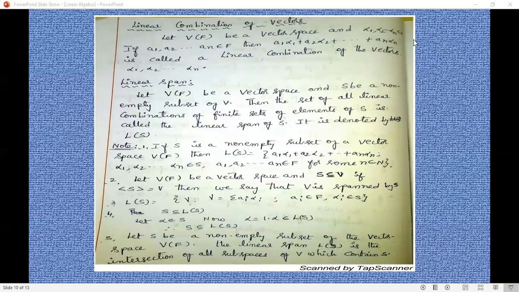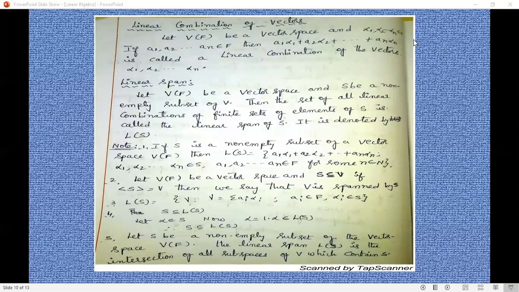For some n belongs to N, this type of linear combination belongs to L of S. No need to write only a1, a2, so on an, or alpha 1, alpha 2, so on alpha n. We are changing the variables also: b1, b2, so on bn, and beta 1, beta 2, so on beta n in